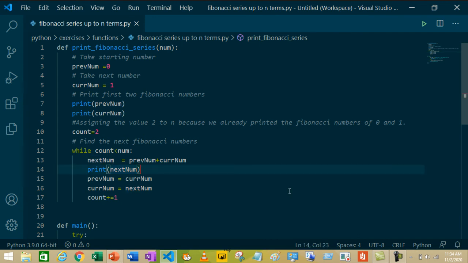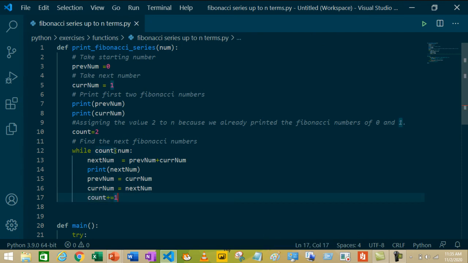And we are updating previous and current num's values by swapping previous num with current num and current num's value with next num. So previous num's value is 1 and current num's value is also 1. Next, we are incrementing the variable count by 1.